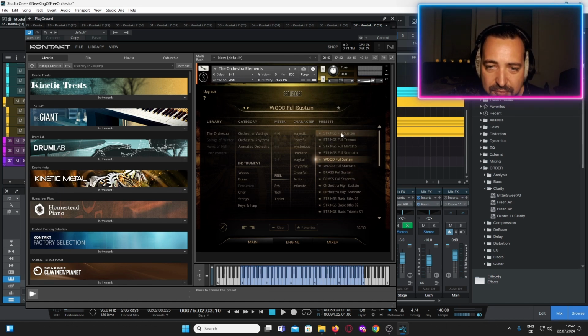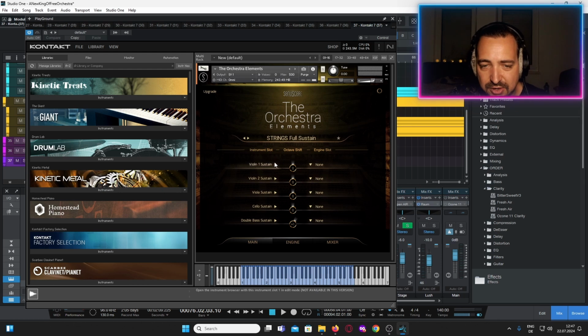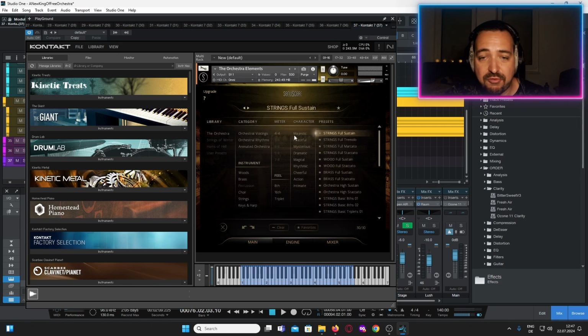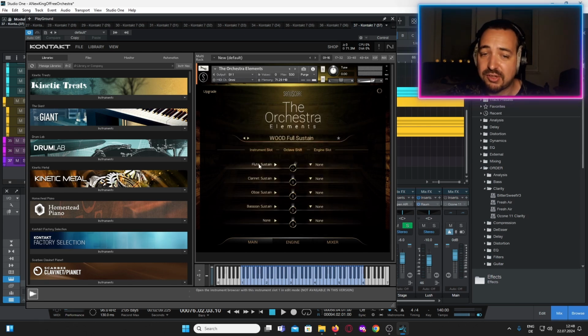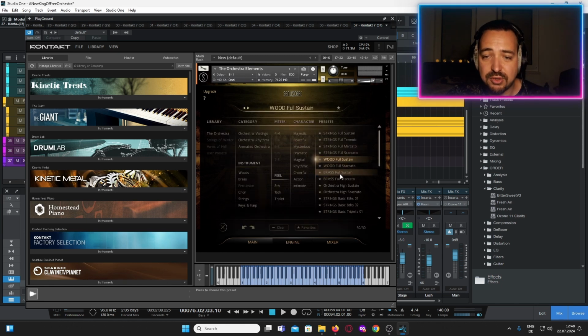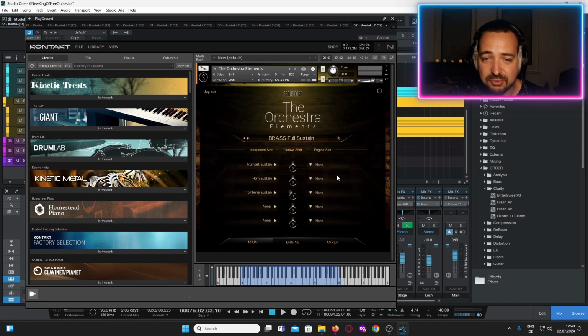Now, this is the orchestral family, and in the string section you'll get violin 1, violin 2, viola, cello, and double basses, which is a complete set. There's nothing missing in here. For the woodwinds, you get a basic but also very complete set: flute, clarinet, oboe, and bassoon. And for the brass, that's a little bit of a disappointment, in my personal opinion: you get trumpets, horns, and trombones, but you don't get a tuba.